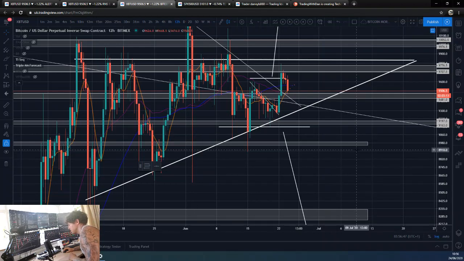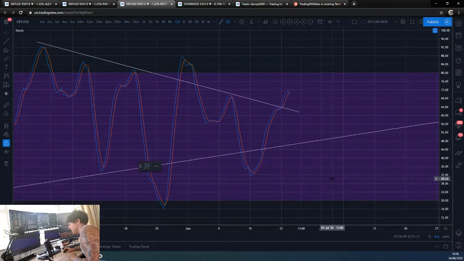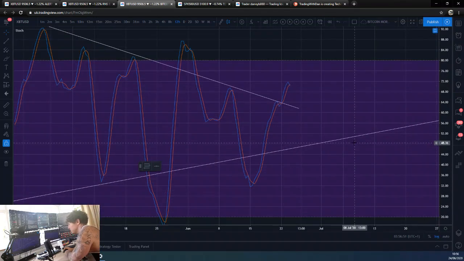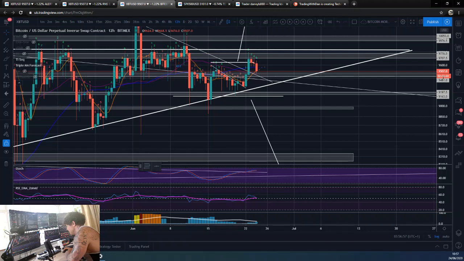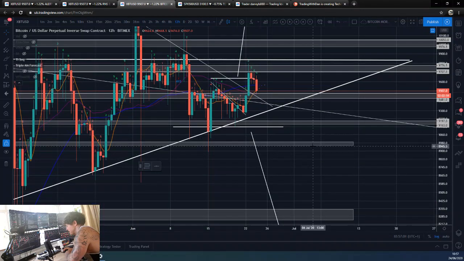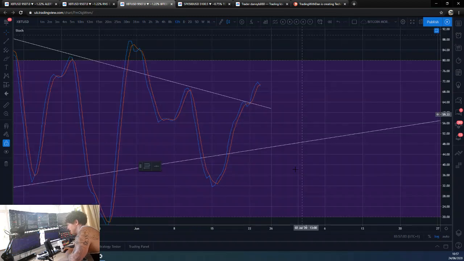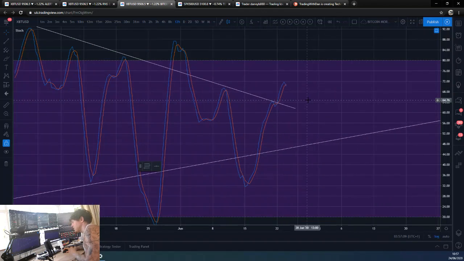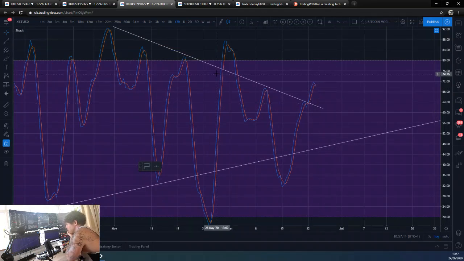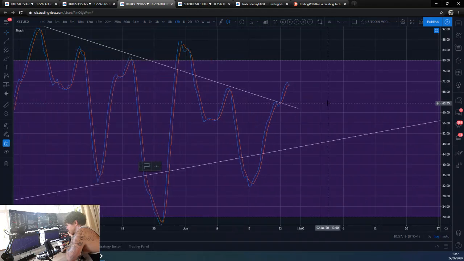Let's go to our Stokes, our Stokes on the 12-hour. They're starting to look like they're crossing over here. Wait, let me just see, how long has this candle got left? 2 hours left. So this is obviously going to be moving down at the next close if we stay around where we are, which is not ideal, but we've got a trend line here that we can potentially come back and test.